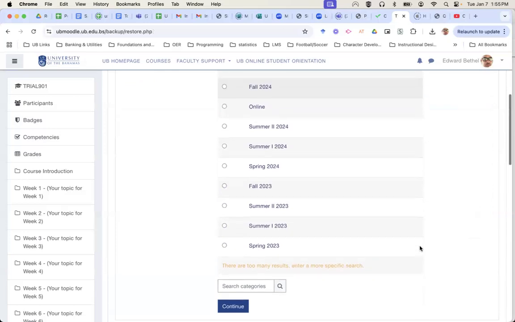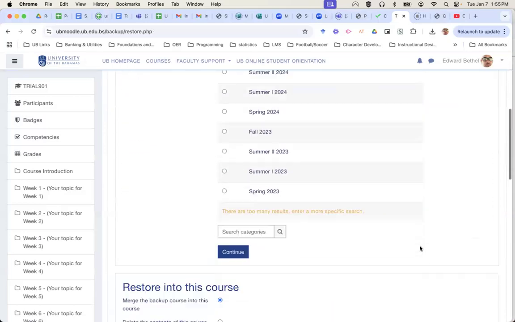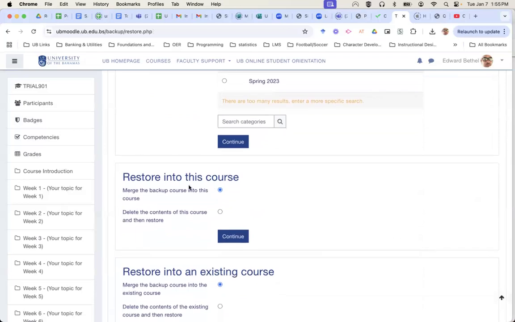And then it's going to ask me whether I want to restore this as a new course, whether I want to restore this into the present course and merge it with the content, or whether I want to delete the content of this course and then restore. I recommend that you always use the first, okay? We have found there have been